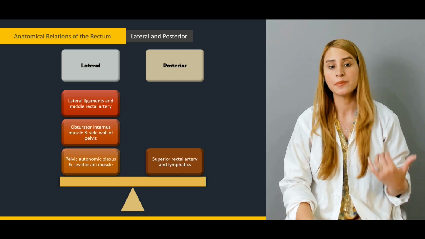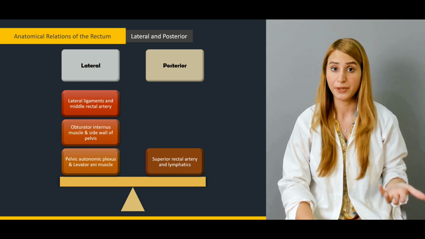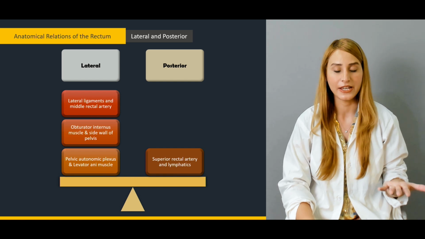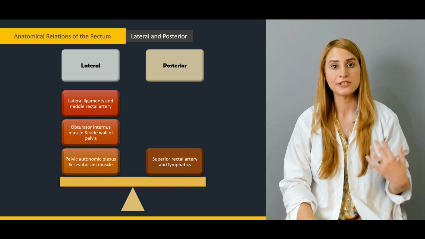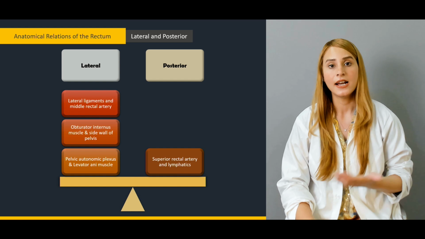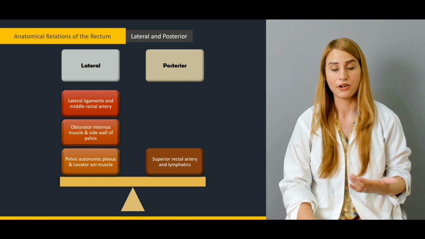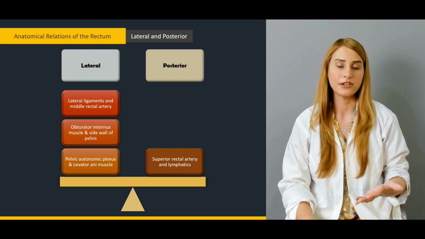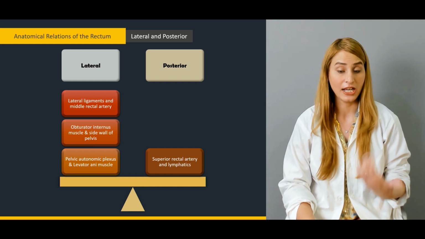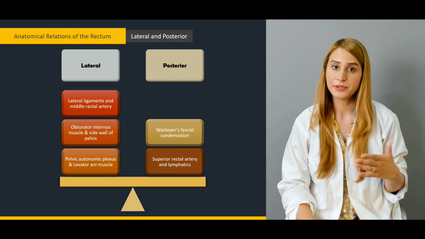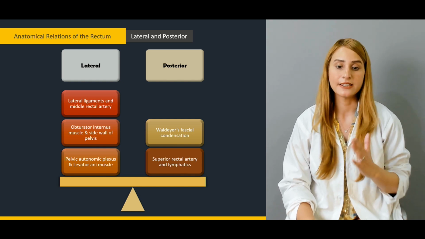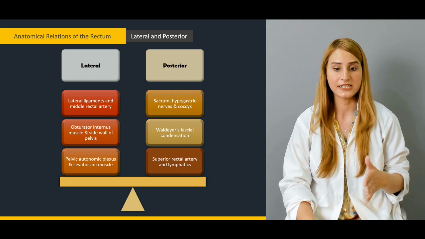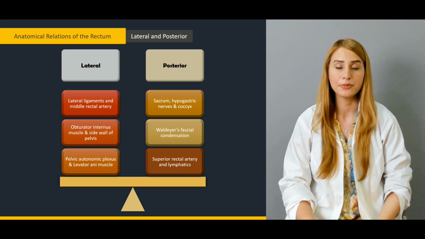posterior relationship of the rectum, you have the superior rectal artery and the lymphatics. And we know that the superior rectal artery is a branch of the inferior mesenteric artery, while the middle rectal artery is a branch of the internal iliac. So in the posterior relationship, we have Waldeyer's fascial condensation, and we have the sacrum, the hypogastric nerves, and